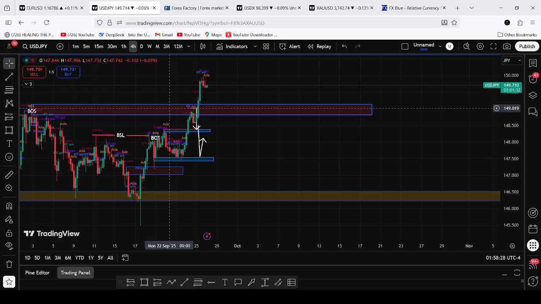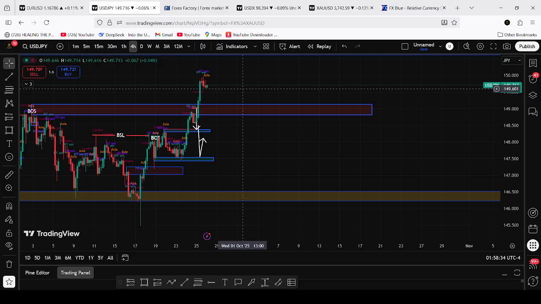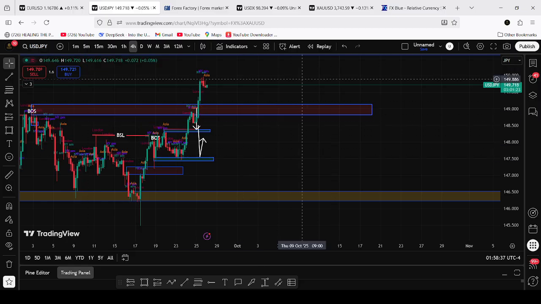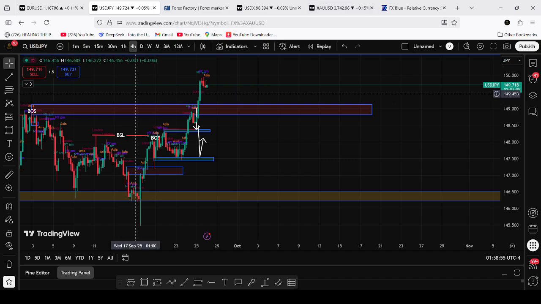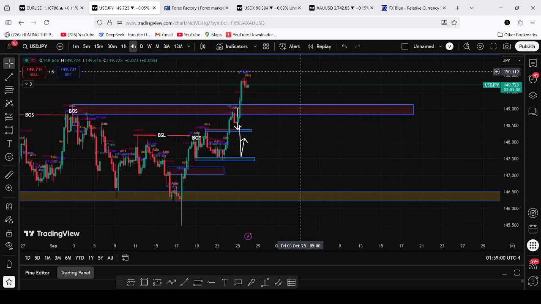At USD JPY, when USD is strong, the move goes on the upside. When the JPY is strong, the move goes on the downside. That's what happens in the market, because there is something called base currency and quote currency. In USD JPY, USD is used as the base currency, and in gold USD, USD is used as the quote currency. So that's what we are looking at today for those assets.